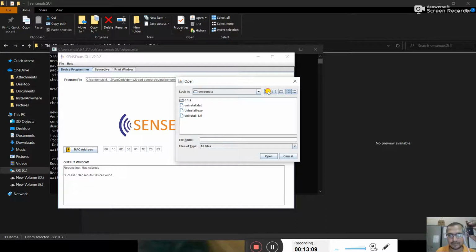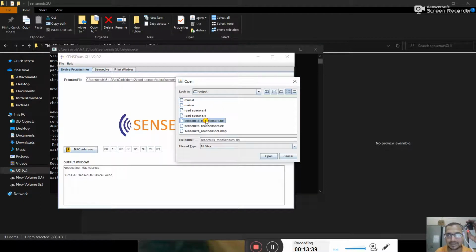I am starting in the C drive, then SenseNuts, then 6.1.2, then app code, then demo 2. We have worked on the hardware interfacing of the sensor node with your radio module.